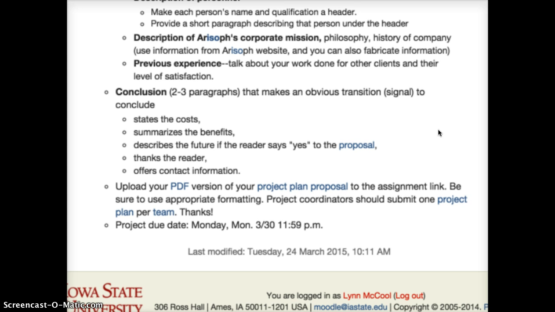The description of Aerosoft's corporate mission, philosophy, history of the company. Use that information from the Aerosoft website. You can mention any previous experience, talk about your work done for other clients, and so forth. In the conclusion, in a couple of paragraphs, make those obvious transitions to signal to conclude, state the costs, summarize the benefits,